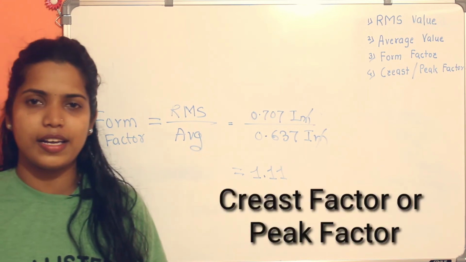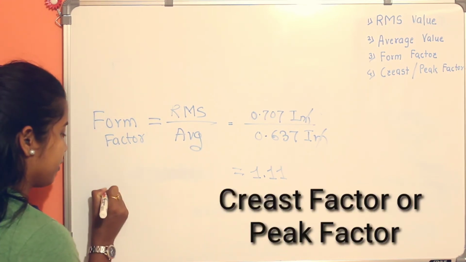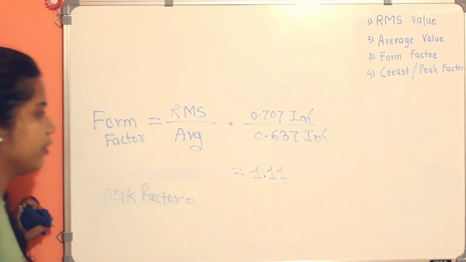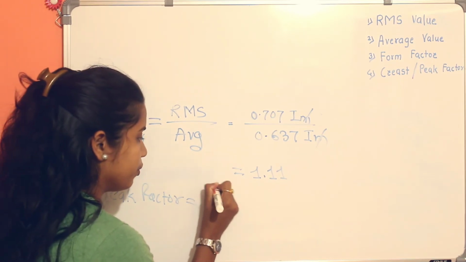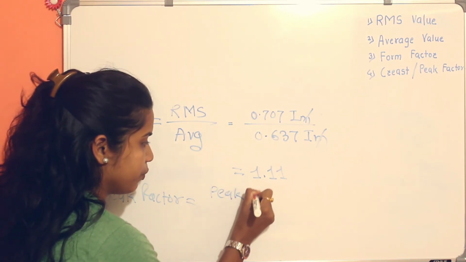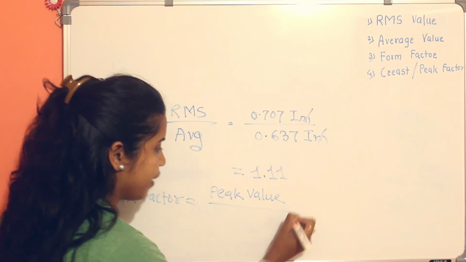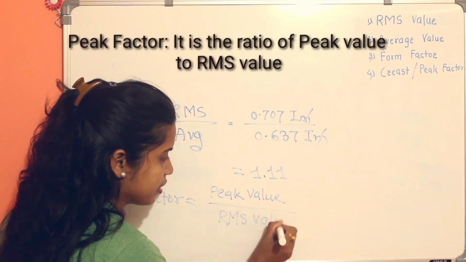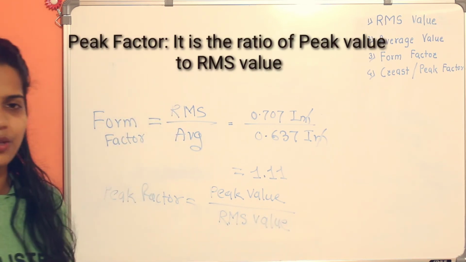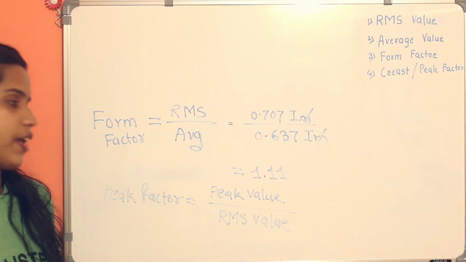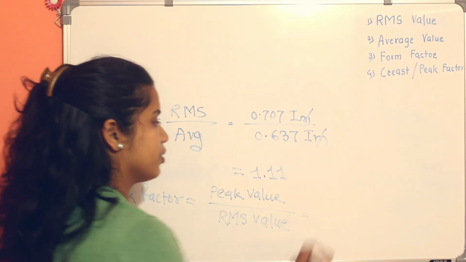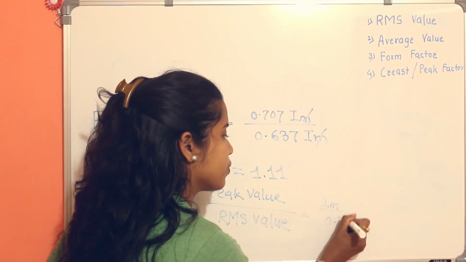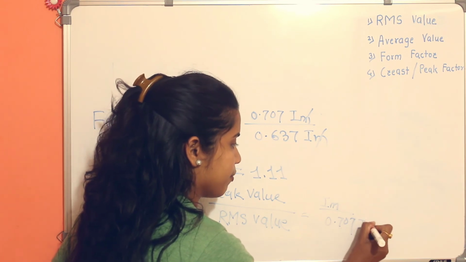Next is crest factor. Crest factor is also called peak factor. The formula for peak factor is equal to peak value divided by RMS value. So it is the ratio of peak value to the RMS value that is called peak factor or crest factor. If we put peak value Im and RMS value 0.707 into Im,